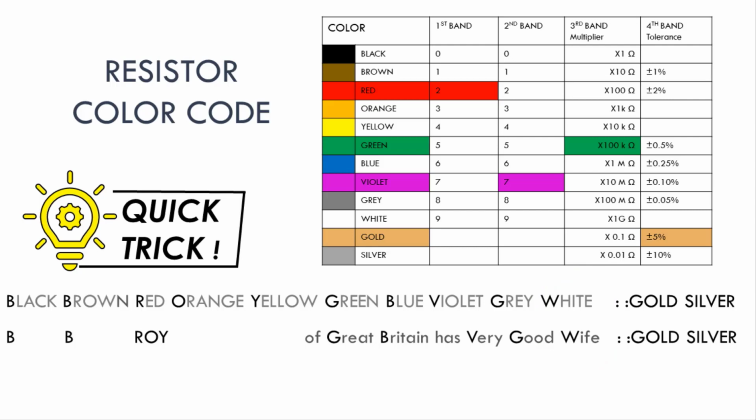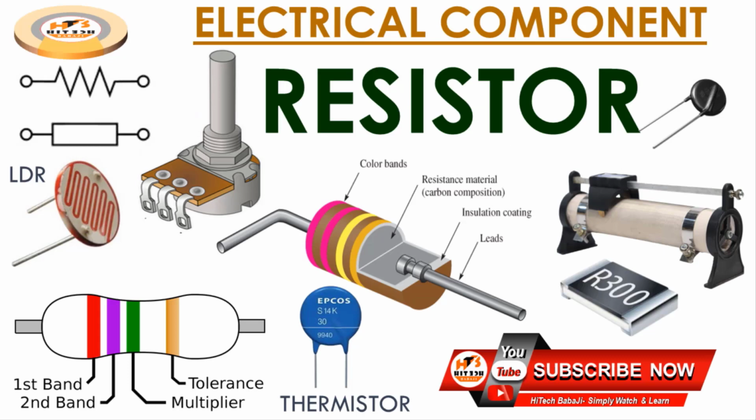This was all about resistors. The combination of resistors in series and parallel circuit, and the mixed combination of resistors in various circuits, and calculation of equivalent resistance, and 5 band color coding, 6 band color coding, all other topics we will see in other video.